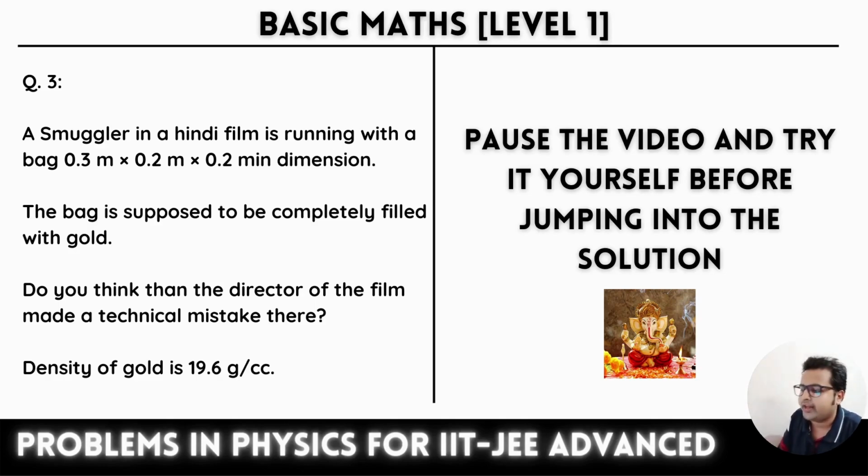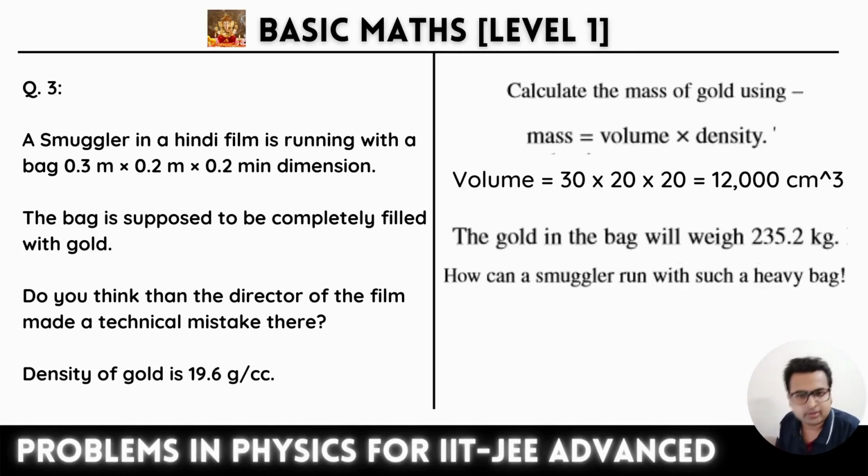Density of the gold is 19.6 gram per cubic centimeter, cc. Okay, cc means cubic centimeter, because volume, you know that, density is mass upon volume. So in this question, this is a basic conceptual question. I want you to first try it out by yourself before jumping into the solution. Okay, so I hope you come up with a very valid answer for this. So let's try to decode the question and get into the solution.